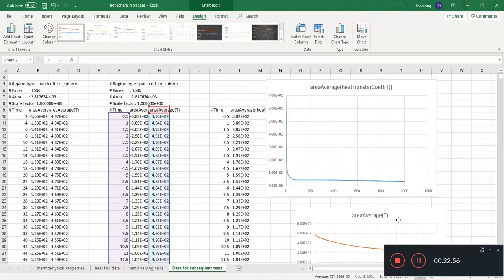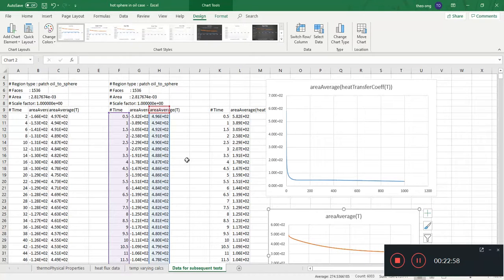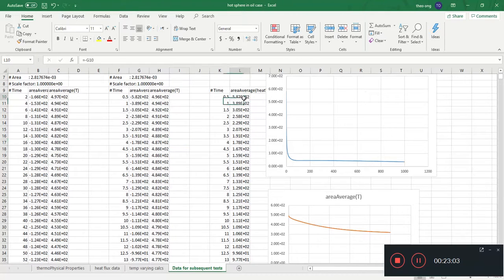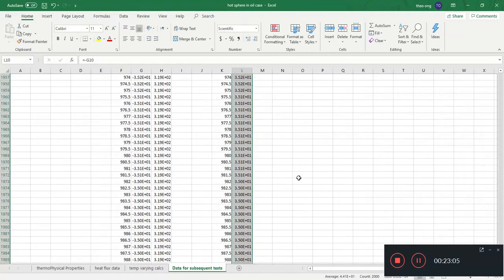Exponential drop in temperature as usual. At least the shape looks right. But the problem is this. If you were to take a look at the correlation,